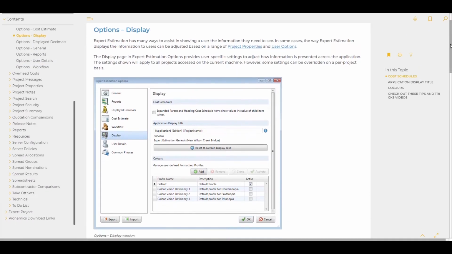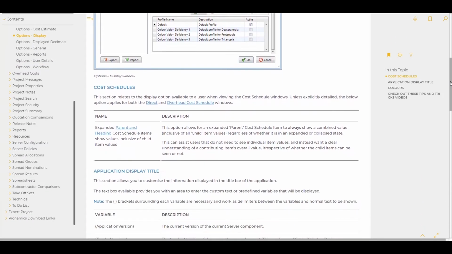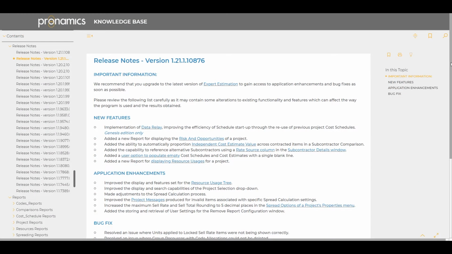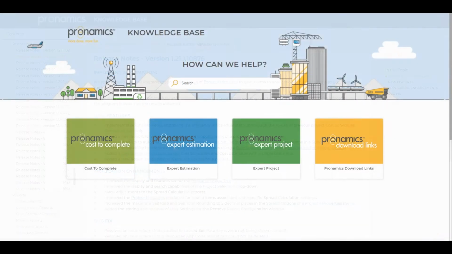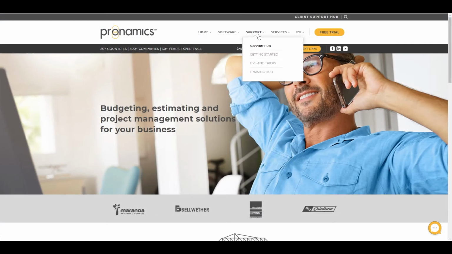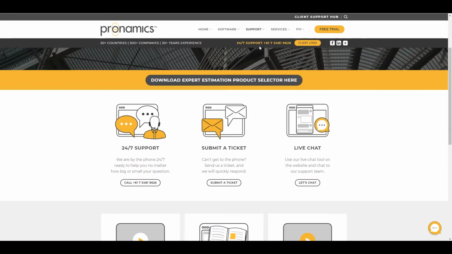We update articles each time a major version of the software is released. A list of new features, enhancements and bug fixes are detailed in the release notes of every update within each product category. You can access the Knowledgebase via the Welcome page in the application, via our website support hub,